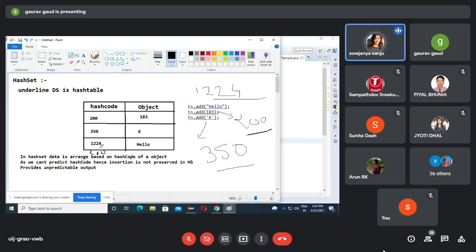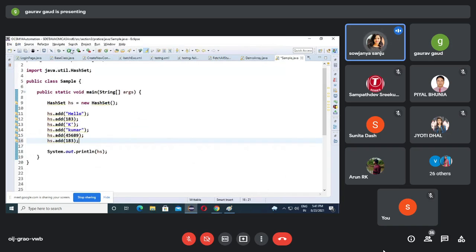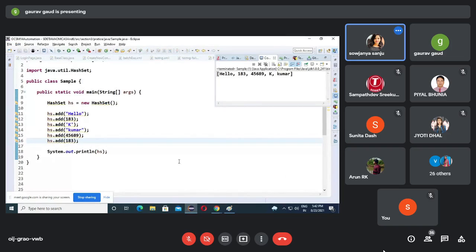So will it allow 200 one more time? No. HashSet is mostly preferred for non-repeated data. If I try to add 183 again, is it accepting? That means HashSet will not allow duplicates.